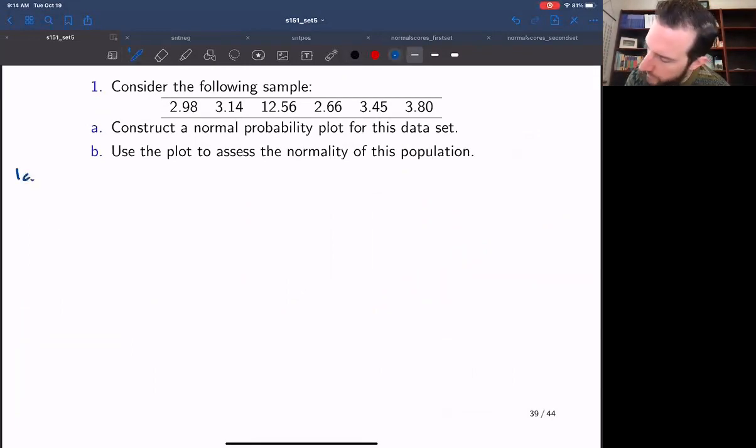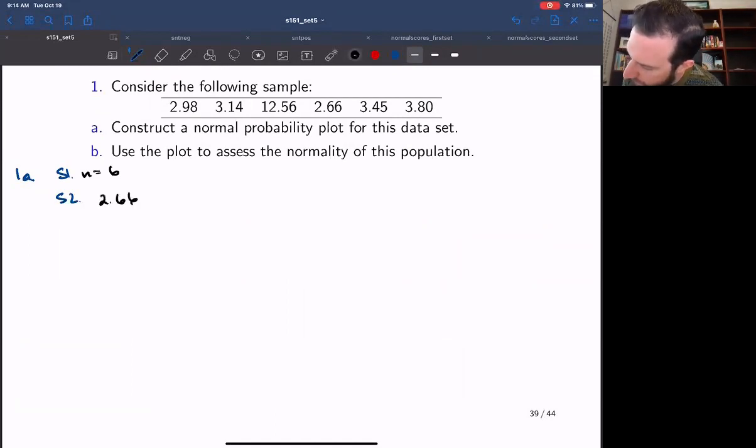Okay, so 1A, step 1, count the number of values. N equals 6. Oh, I should write that out, right? Step 1, N equals 6. Step 2, okay, so in step 2, we're going to order the values. So we're going to have